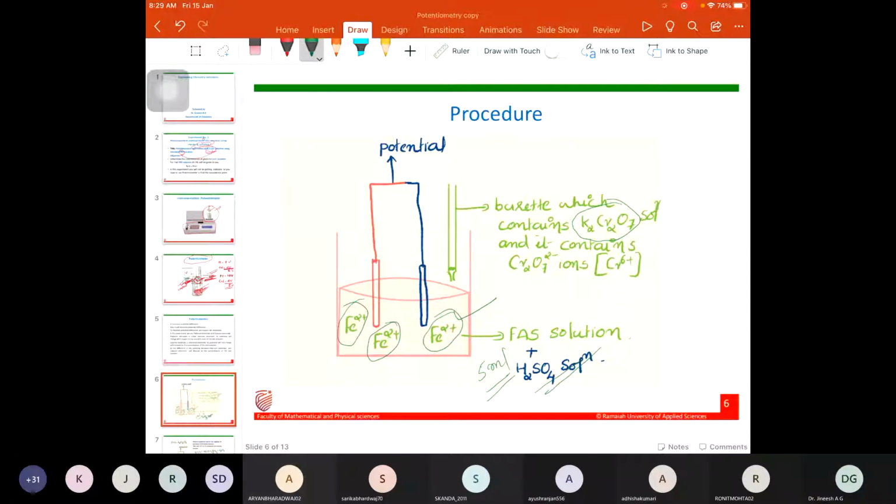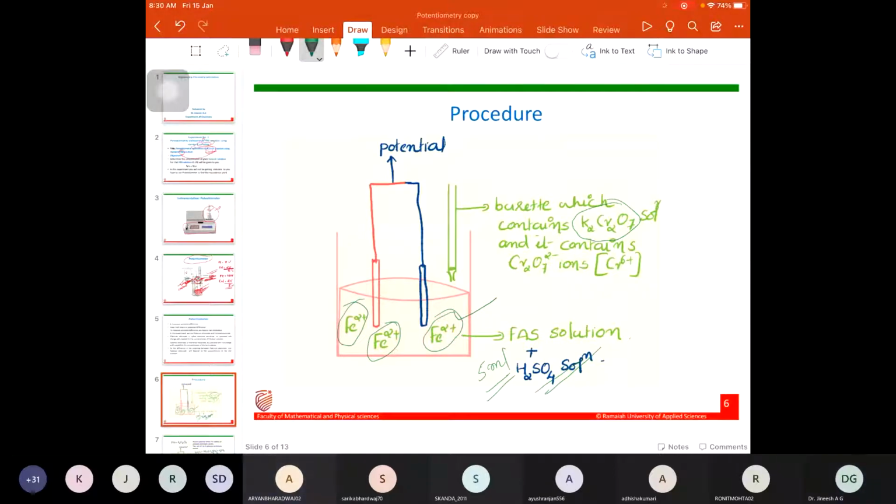Yes, sir. Okay. So first we have taken 25 ml of ferrous ammonium sulfate solution. It contains a good number of Fe2 plus ions. Into that we have added 5 ml of sulfuric acid solution because we are going to do a redox reaction. In that redox reaction, potassium dichromate is going to act as an oxidizing agent, and it is a good oxidizing agent in acidic condition. To make the solution acidic, we have added sulfuric acid solution. Got my point? Any doubt?